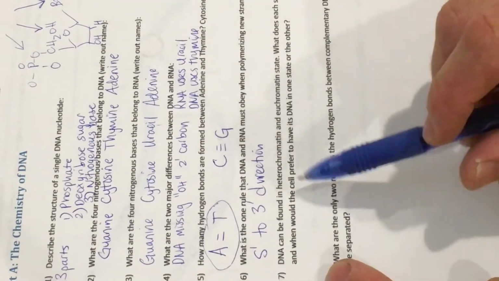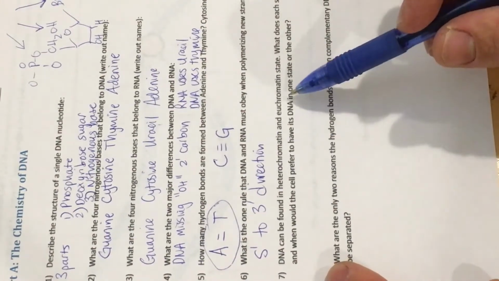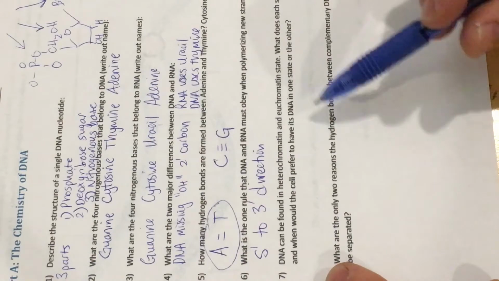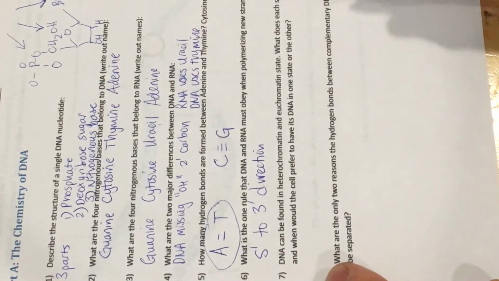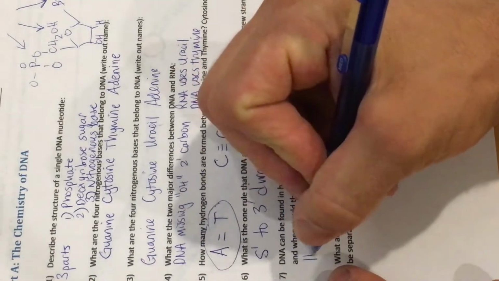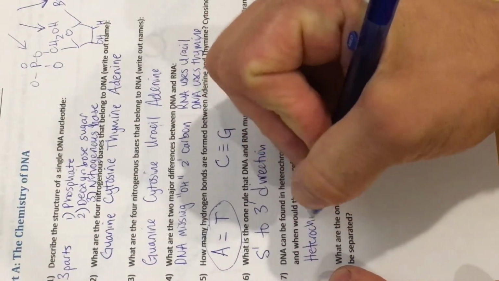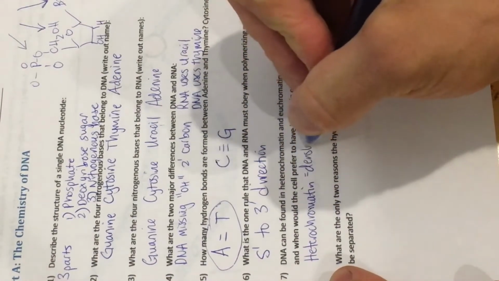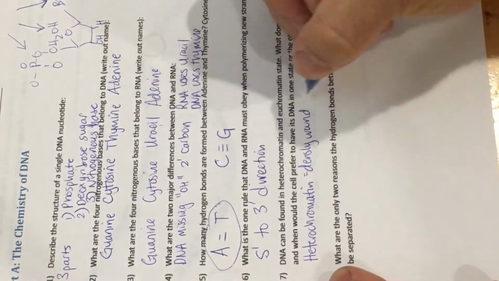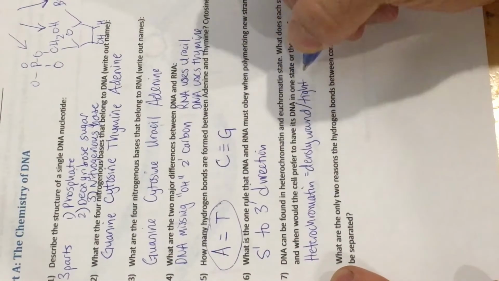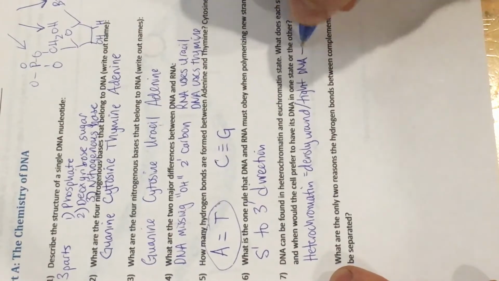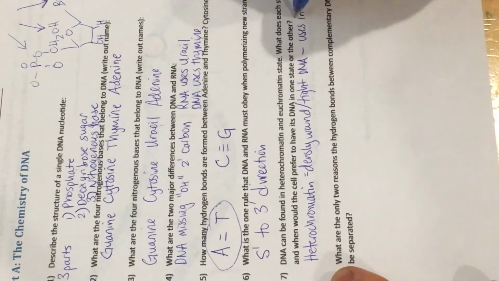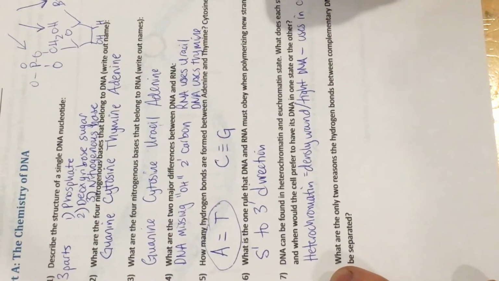DNA can be found in a heterochromatin and a euchromatin state. What does each state look like, and when would the cell prefer to have its DNA in one state or the other? Well, heterochromatin is densely wound and tight DNA, and it's used in cell division